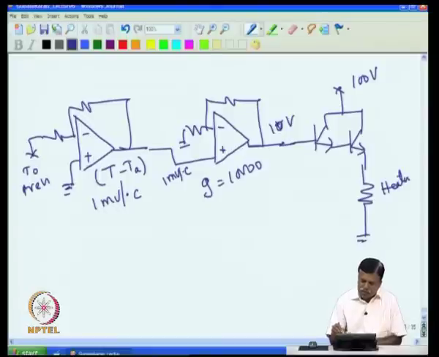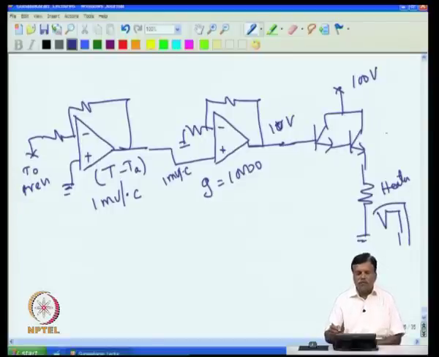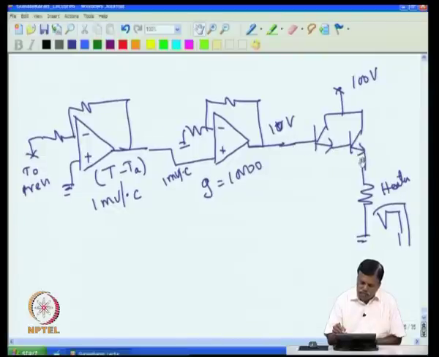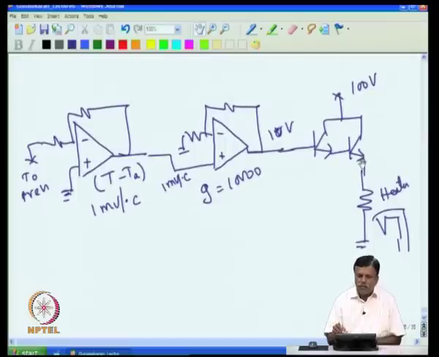This heater is in the oven, and only the thermocouple is kept to measure, as we had seen in the previous figure. The thermocouple is physically kept here to sense the temperature of the oven. Now if a 1 degree difference is there, you get 10 volt. If 10 volt is present here, you will get 9.4 volt at this point, and then another 0.6 less here, that will give you